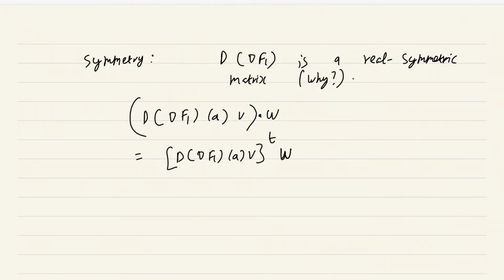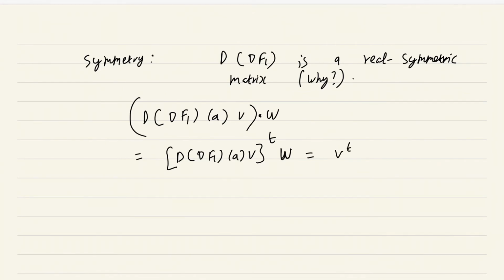Okay. So of course here I have made this identification, this left hand side is actually a number, whereas this expression, since I'm treating both W and this vector as matrices, is actually a 1 cross 1 matrix, but it's harmless to identify a 1 cross 1 matrix with the corresponding entry. Okay. Now what I'm going to do is take the transpose of this whole thing, which is going to give the same value because it's a 1 cross 1 matrix, and the transpose as you can see is nothing but